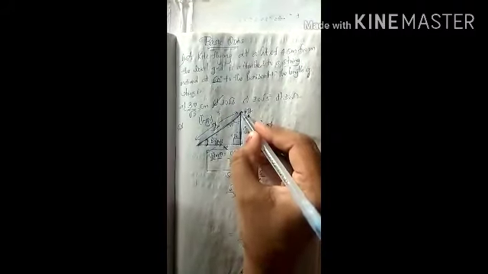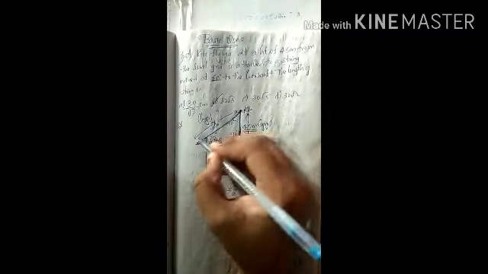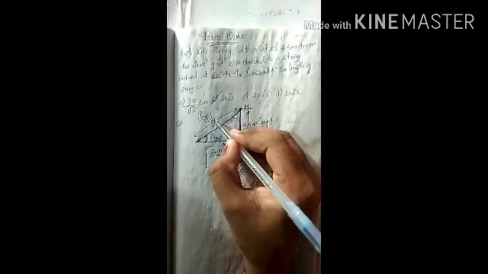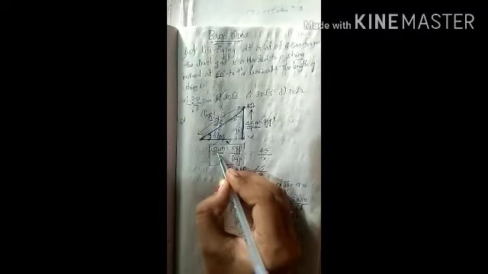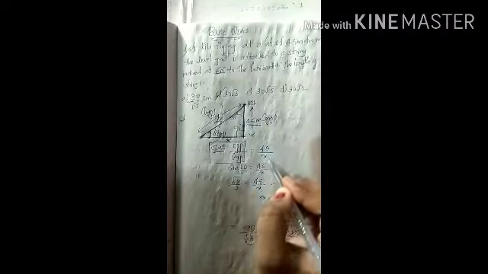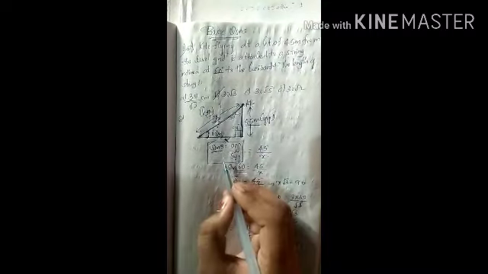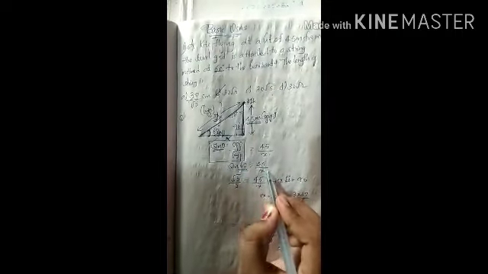Listen here again. Here the kite height is what? 45 meters. The length of this string we don't know. They are asking that one. That's why I kept x here. This is the base. We don't want this one. They gave an angle of elevation of 60 degrees. Next, what I had done, I am having here the opposite side and hypotenuse. If you have the opposite side and hypotenuse, that is sin theta equals opposite by hypotenuse. The opposite side is 45 by hypotenuse. I don't know x. So here the theta value is 60, right? I wrote sin 60 equals 45 by x.